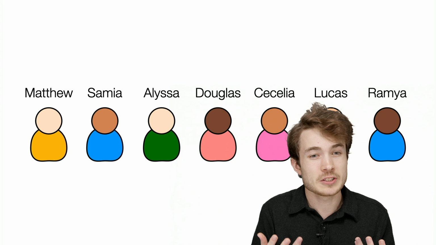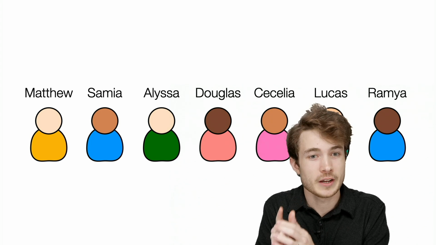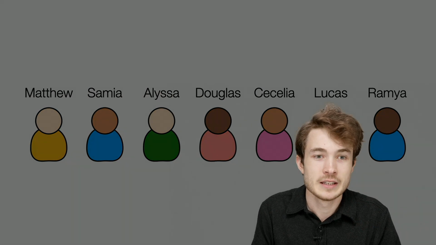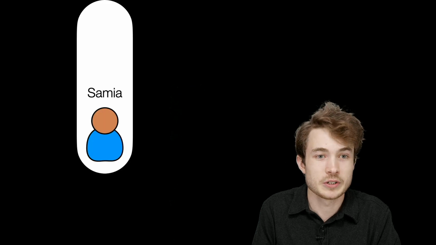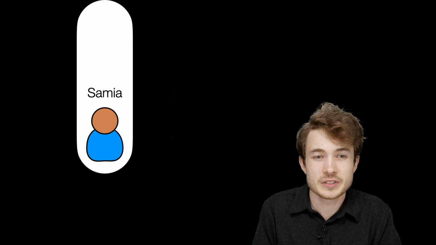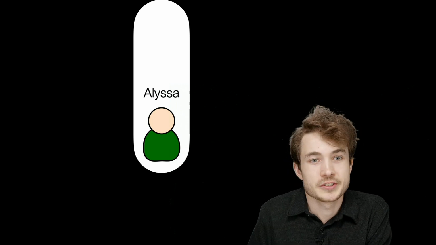But a computer has to look at only one piece of information at a time. So it looks a bit more like this. You can imagine these people being on a stage and us dimming the lights and allowing us to only see one person at a time. So a computer might look first and see Matthew. And is Matthew Alyssa? No. So we're going to look at the next person, right? So we'll turn our spotlight to the next person. We'll see Samya. And we're not quite there yet. We'll take the next person now, and we'll see Alyssa. So now we have Alyssa on our third try, going through person by person, left to right. This is an example then of linear search.